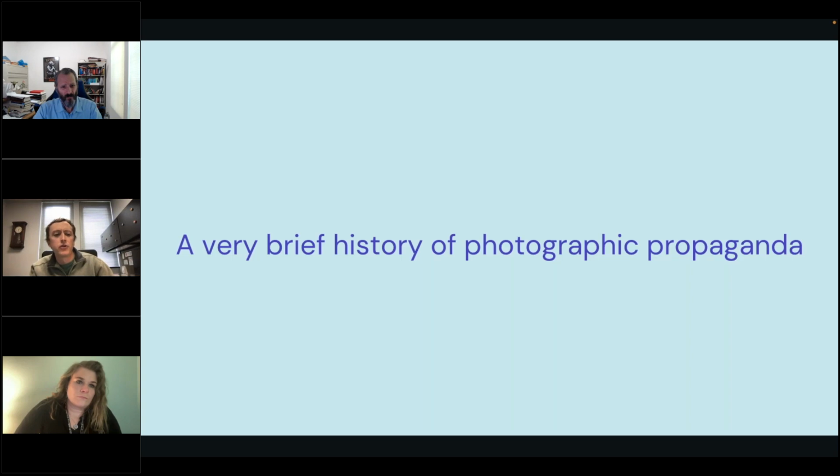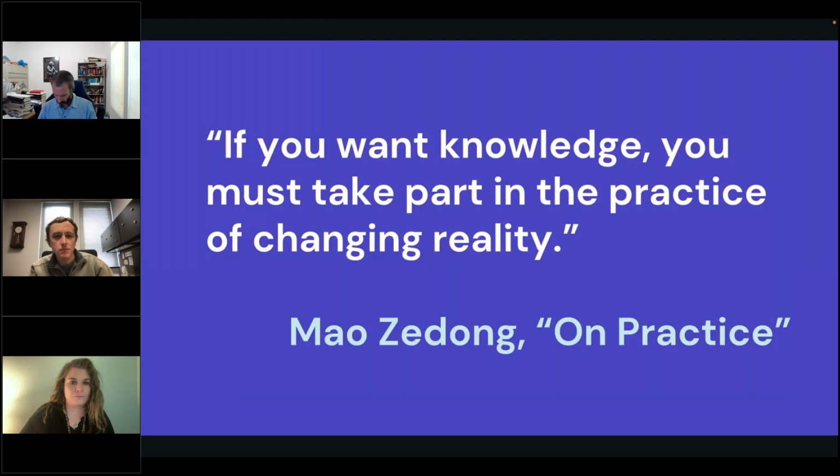So let me give you first a very brief history of photographic propaganda. Let's begin with Mao in China back in the mid-20th century. Here's a really interesting quote from some of Mao's revolutionary writing: "If you want knowledge, you must take part in the practice of changing reality." Revolutionary movements like Maoism were very intrigued with this idea. You could, as a person, an autonomous agent, make changes to the world around you, which could influence the actions